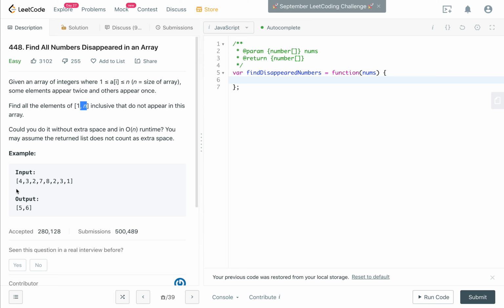So one of the things, especially an example, is here. We have 1 through n, where n is the size of an array. So that means that there's 8 items in this array, and we have from 1 all the way to 8, and we have to find all the elements that do not appear in this array. So we have 1, 2, 3, 4. We don't have 5. We don't have 6. We have 7, and we have 8. So the two numbers missing were 5 and 6. So that's pretty much our output. And one of the things we have to do is put that output. So one of the first things that I'm going to do here is